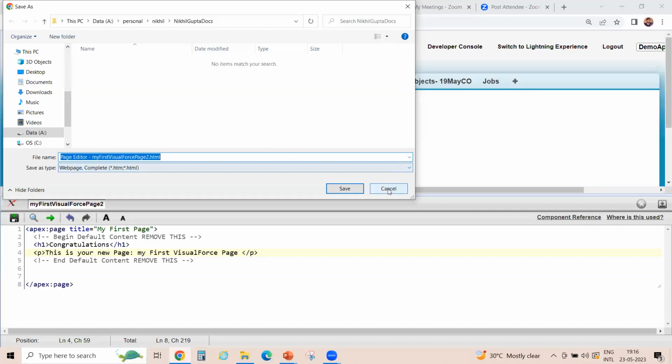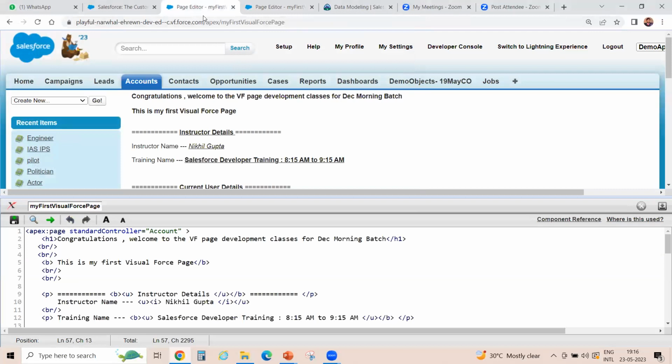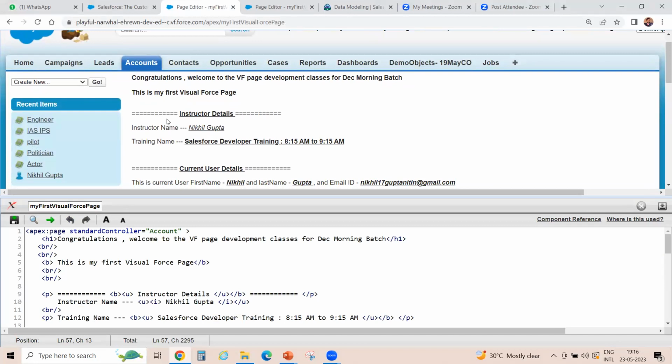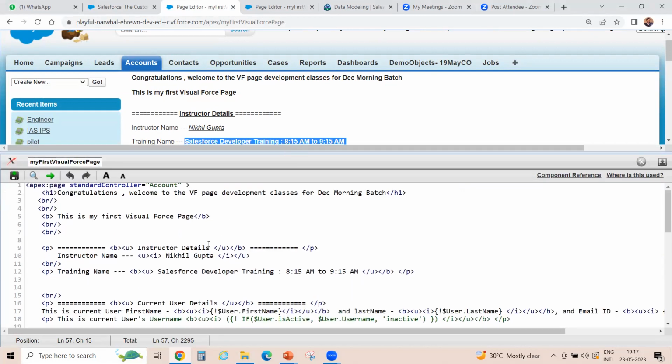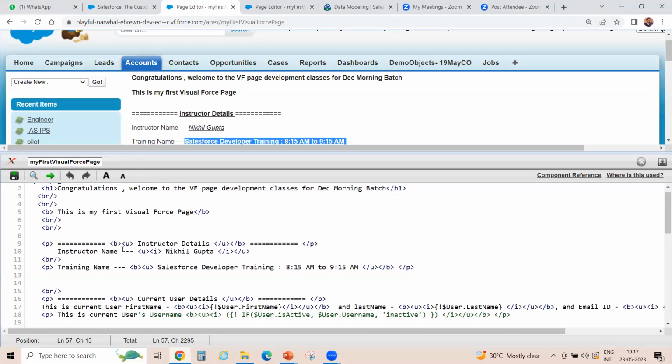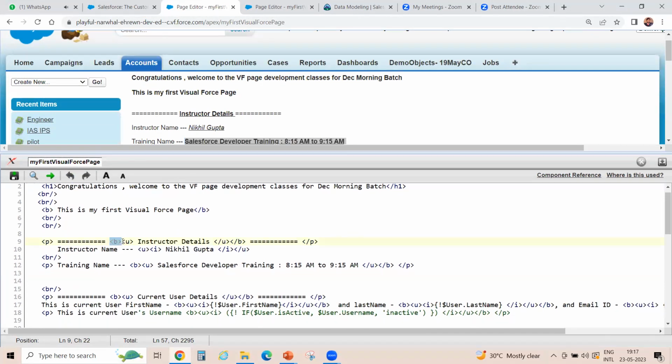Let's try to do some examples. If you see here, a few things are written in italic, a few things are coming in bold, a few things with underline. How are we doing it? For those who don't know HTML: for bold we write B, for underline we write U, for italic we write I. So for example,